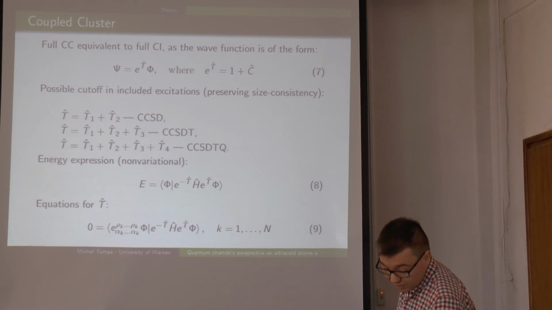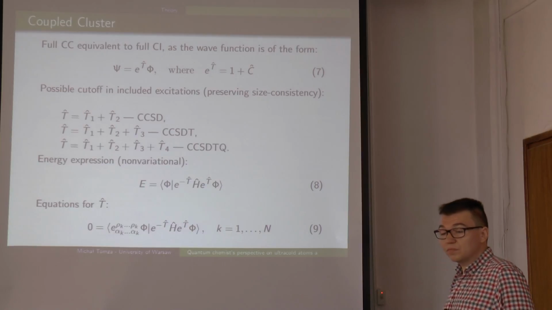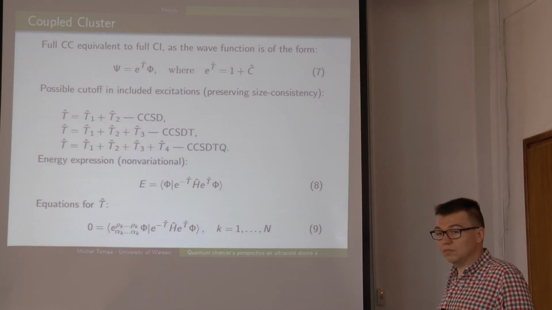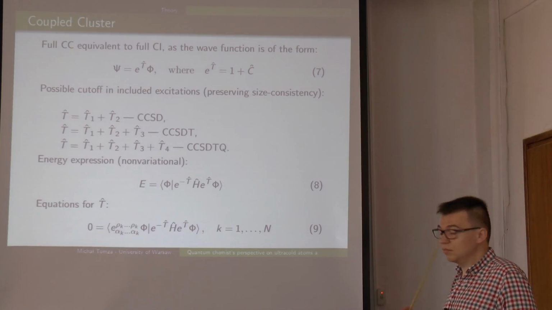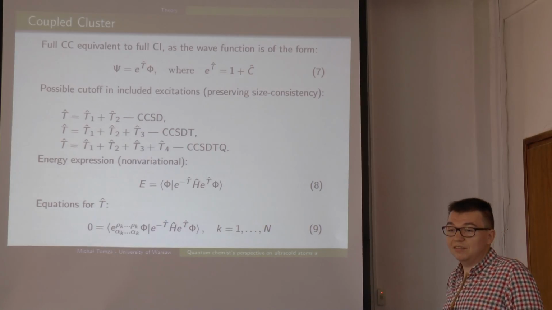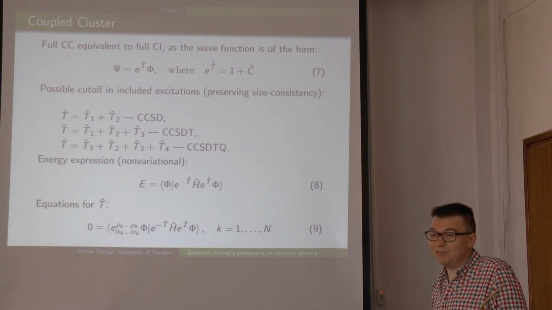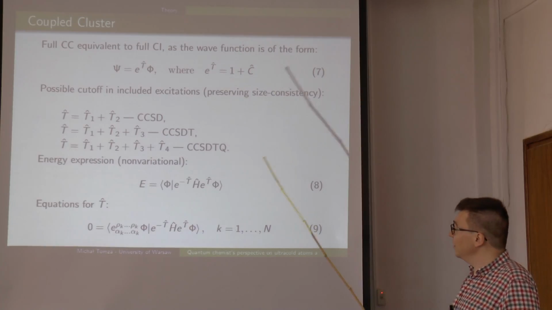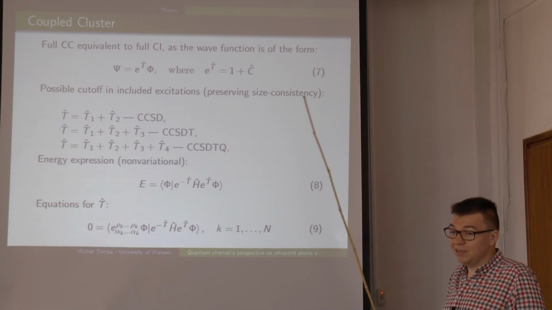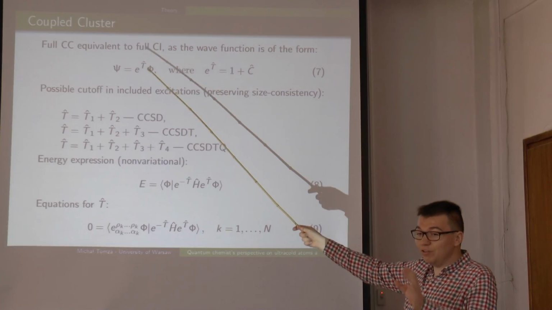And I have another question. How do you know that the right way of expansion goes to the exponent of this T? I mean, some other function. No. This is a guess. This is one of the possibilities, and it was found that it works quite well. And the reason why it works quite well is because this includes all single and double.